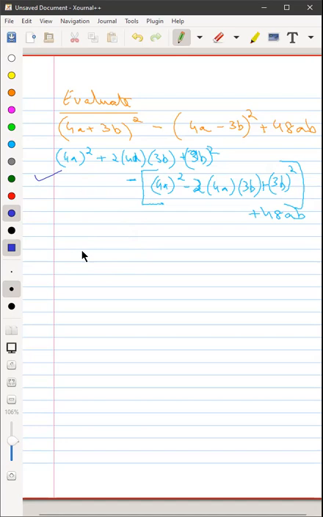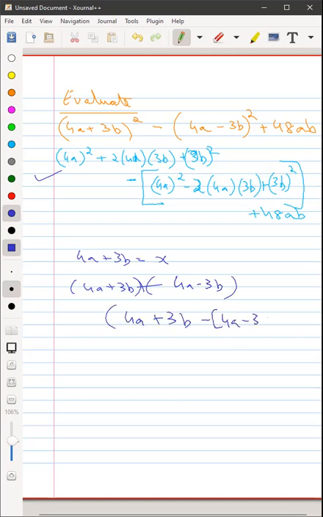Yes, sir. Because first, what did you do? You took 4a plus 3b, like supposing you took this as x, and you did x squared minus y squared, right? So then you did 4a plus 3b into a squared minus b squared is a plus b into a minus b. So you did this plus 4a minus 3b and 4a plus 3b minus of 4a minus 3b, right? Yes, sir. And then you first simplified this, and then multiplied. Okay, this is also correct. No issue at all.